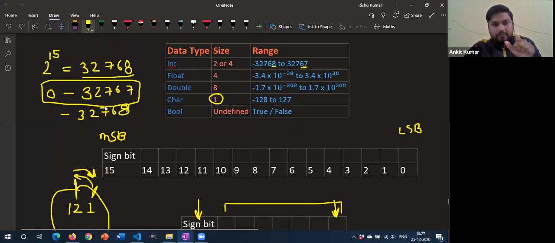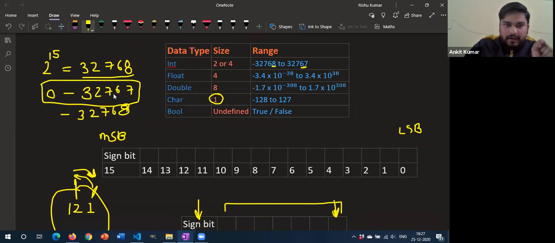So similar is the case with integers as well, or in any data type. The maximum positive number is 32767 only, and if I try to add 32768, then just like a clock, I am stepping one step forward, so it will come back to the negative number, and on the screen you will see that number. Similarly, if you try to write minus 32769, then you will be reverted back to the positive number. Your screen will show 32767. So this is the concept. This is how the range works. And this is also known as overflow.